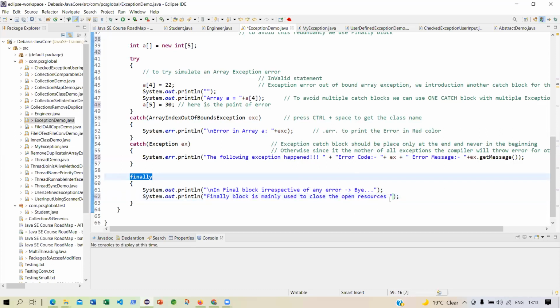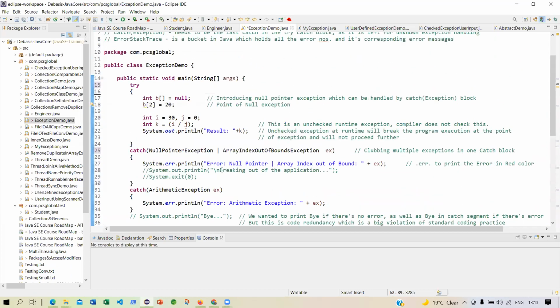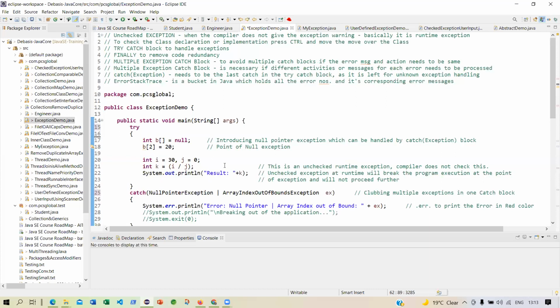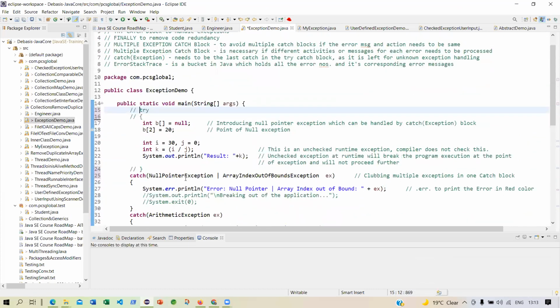Okay. Sir, can you explain the try block first? Okay, sure, I will do that, because you have to understand try. See, I could have done very well if I had not given try. There will be no compilation error. Yes, there is a compilation error because, you know, yeah, so there is no compilation error.